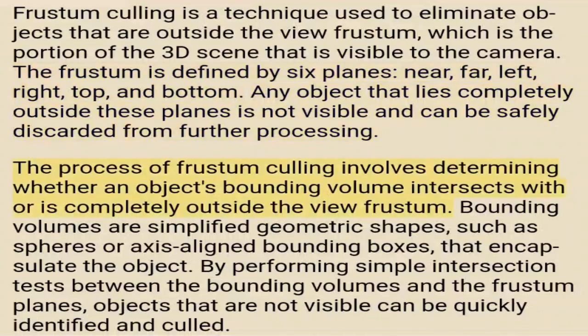The process of frustum culling involves determining whether an object's bounding volume intersects with or is completely outside the view frustum. Bounding volumes are simplified geometric shapes, such as spheres or axis-aligned bounding boxes, that encapsulate the object. By performing simple intersection tests between the bounding volumes and the frustum planes, objects that are not visible can be